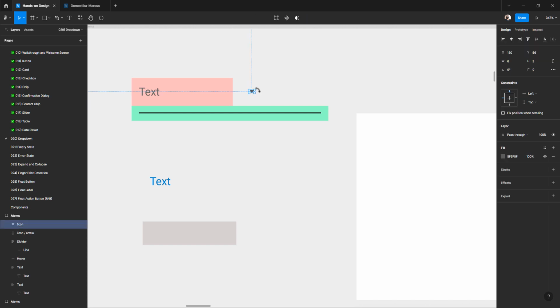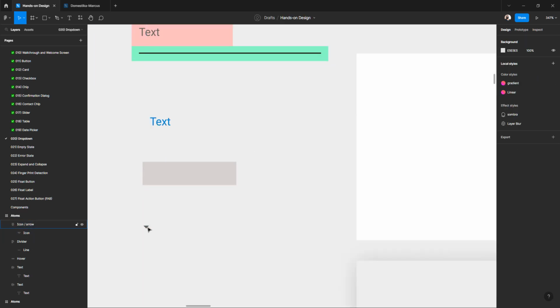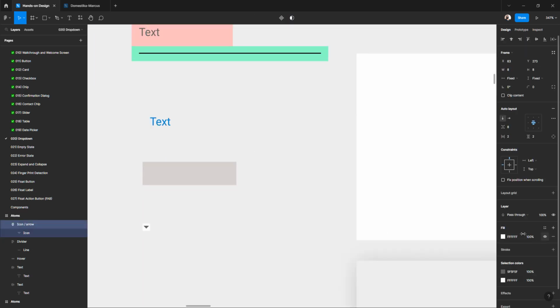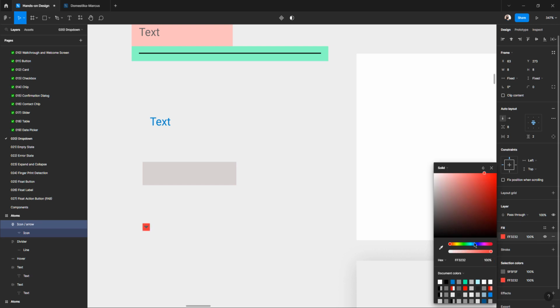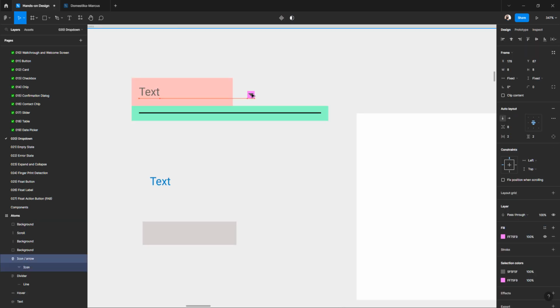Okay, now I have this little icon here. I did something messy. I'm not seeing what I should see. Where is my... Ah, it's here. My white part. I'm going to show the background over here. I want to have a different color. I'm going to move it like this. See. So I have auto layout in all of them, and then when I need to,